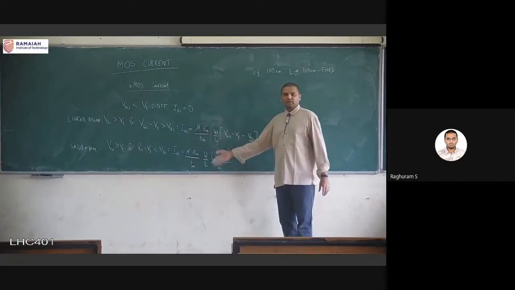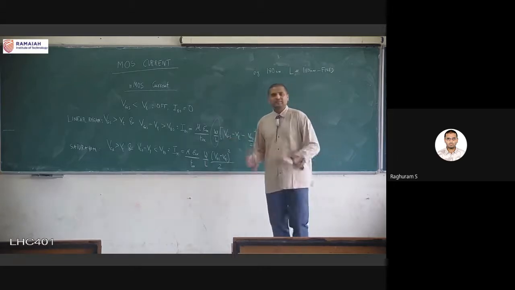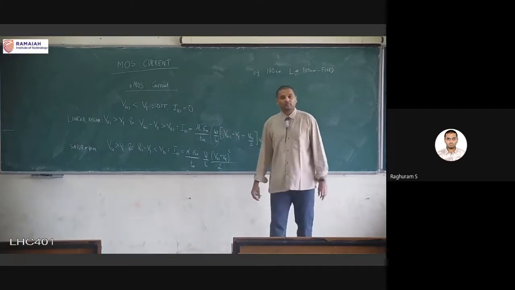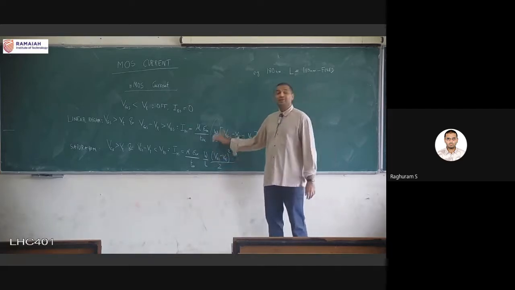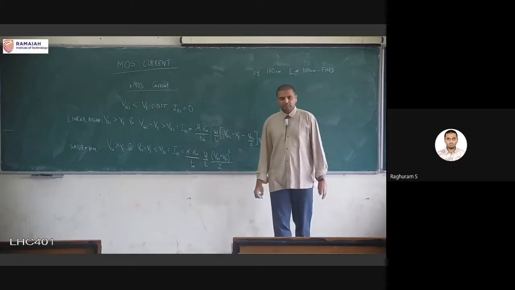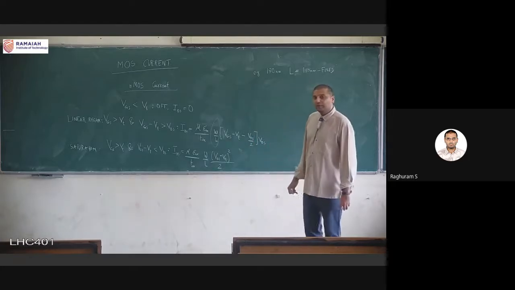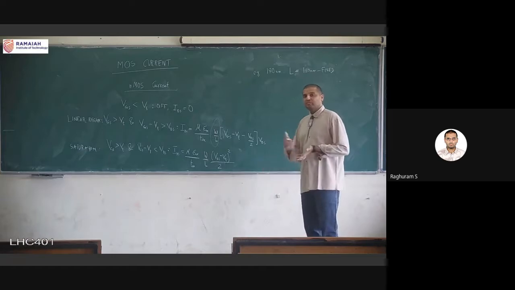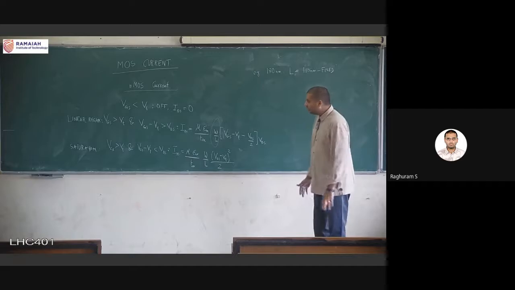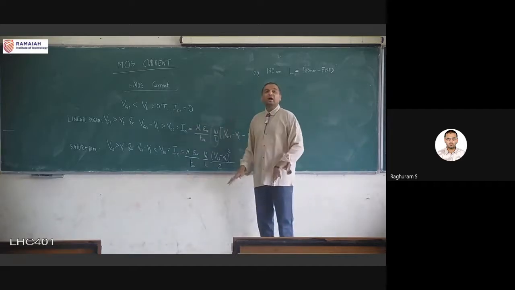It could be in linear or it could be in saturation. Suppose you put 180 nanometer, you will get some value for current. Suppose you increase that to 360 nanometer, what will happen to the value of the current? Can you look at these two equations and guess? This is very important. If the value of the length is changed from 180 nanometer to 360 nanometer, which is a legal thing to do, you will be doing a very bad thing to the current. You will be making it half the value, and